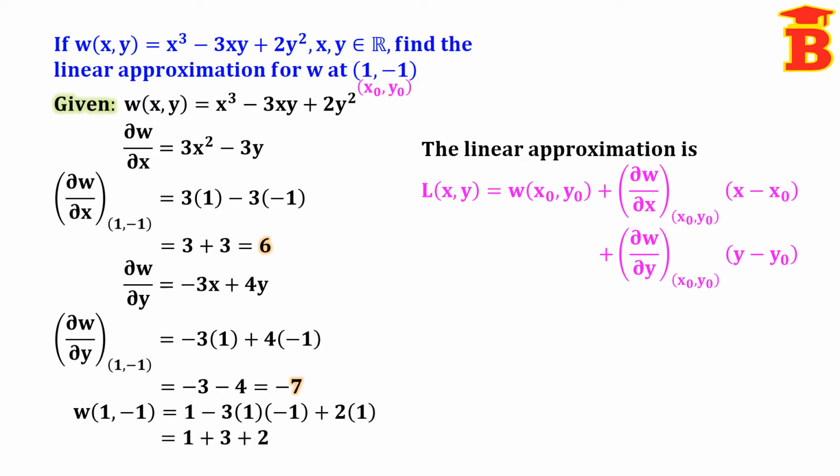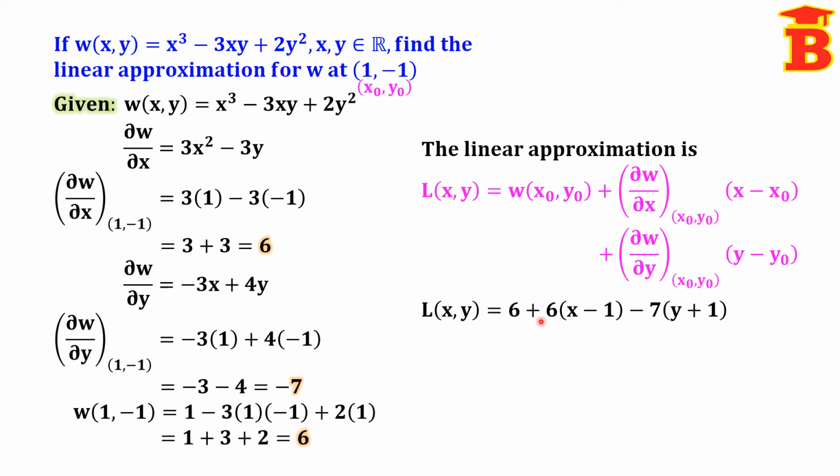This is equal to 1 minus into minus plus 3 plus 2, which is equal to 6. Now we can substitute the values in the formula and we can get the answer easily. Therefore the linear approximation L of x comma y equal to w at the given point is 6